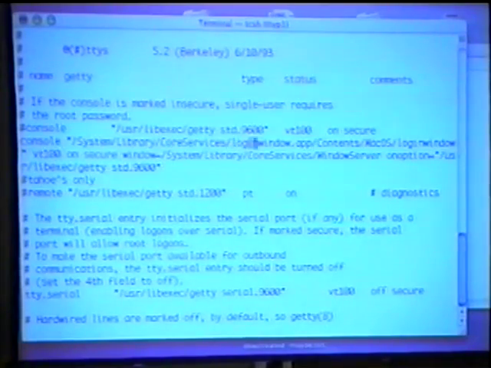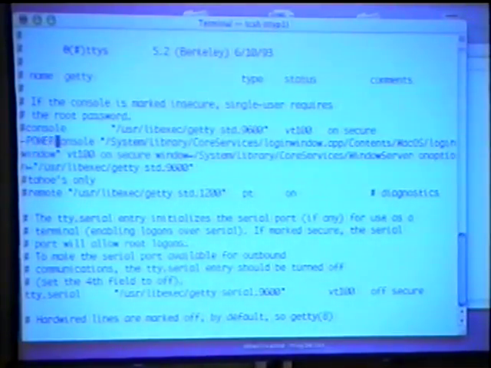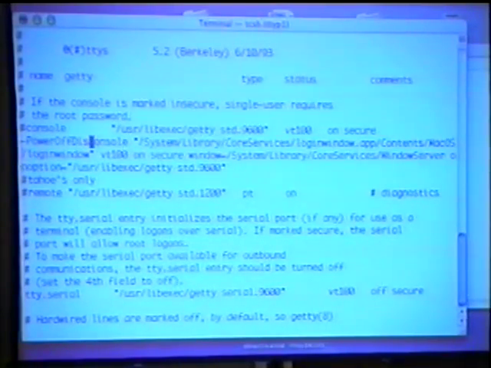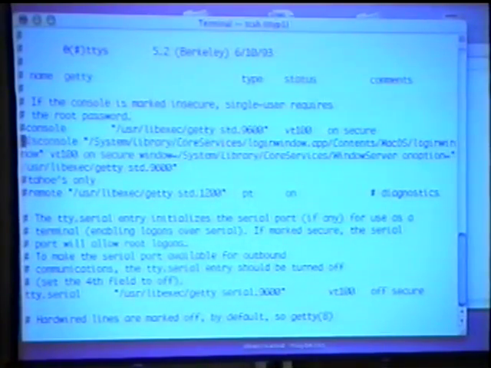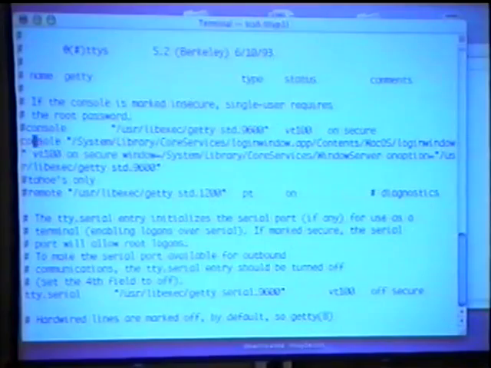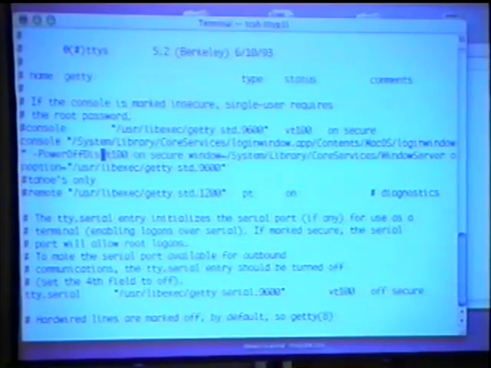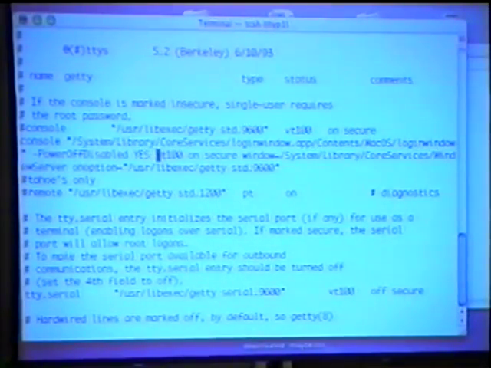And what you can do is, on that line as an option, you can add minus power, off, disabled, capital YES.